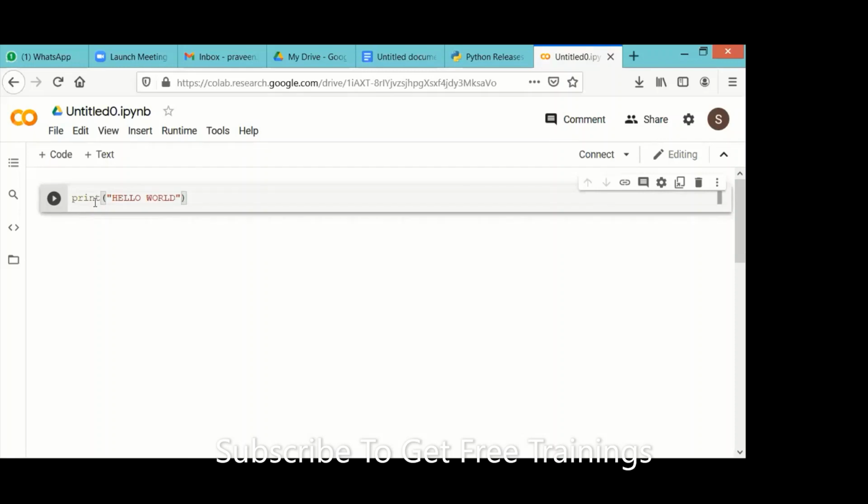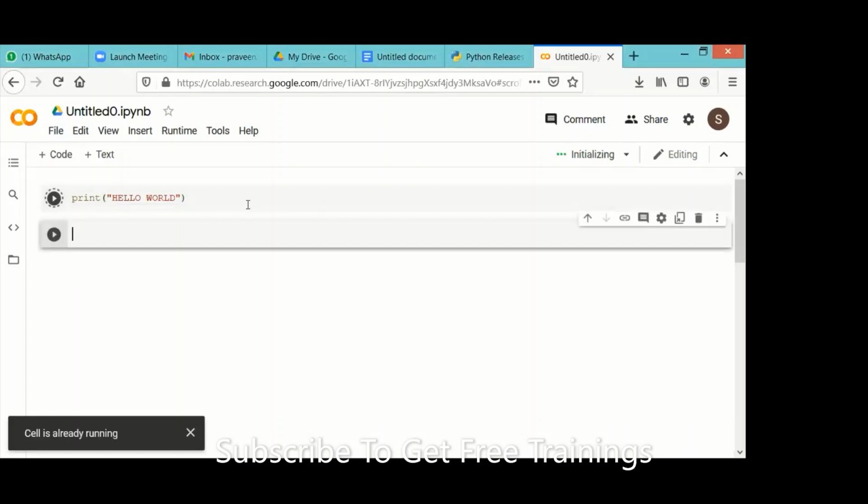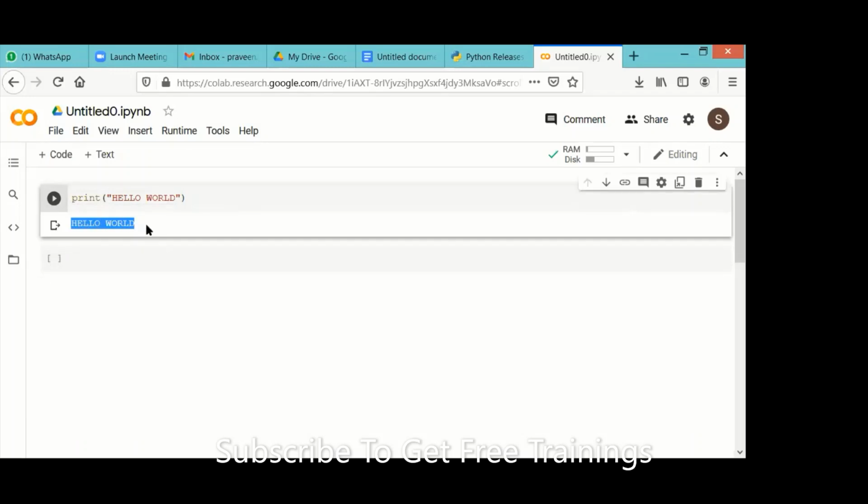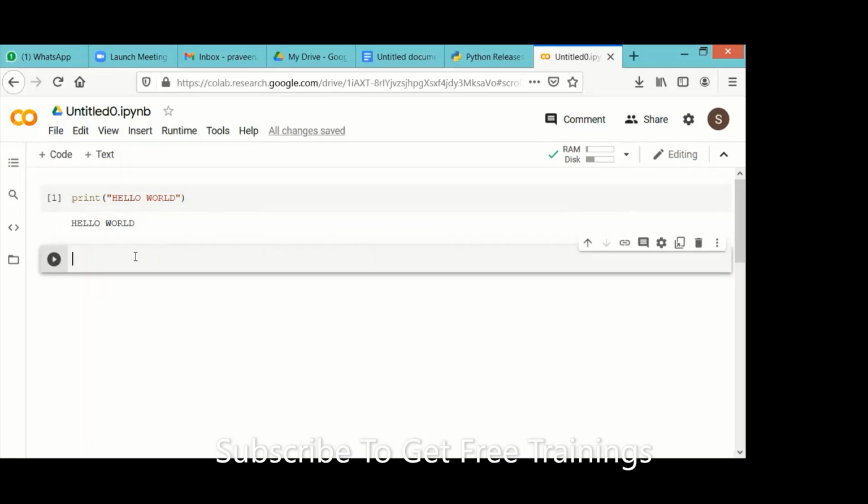Click here, and you can see the output. If this click is not working, use Shift+Enter. You can see the output, hello world. If you want, you can write a slightly bigger program, like print my name Praveen times 10. I'm printing Praveen 10 times.